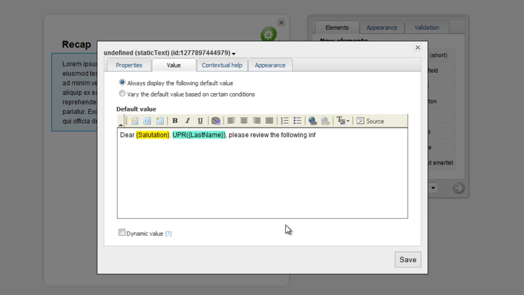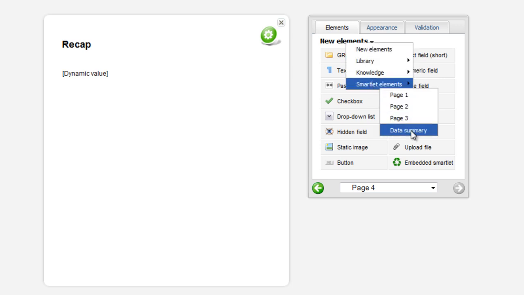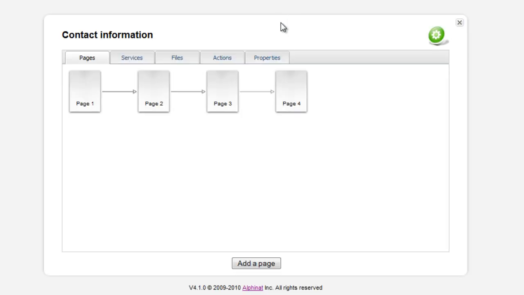We'll then check the dynamic value box to make sure this value is recalculated in the event the user makes a correction to their name. To display the relevant data recap, we can take advantage of this unique element provided by SmartGuide Designer. We've now defined all of our SmartLit elements, and we can see our application consists of 4 pages with a